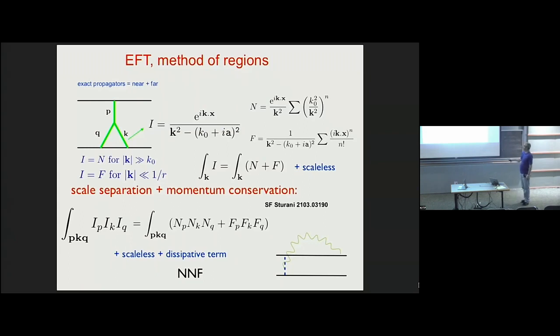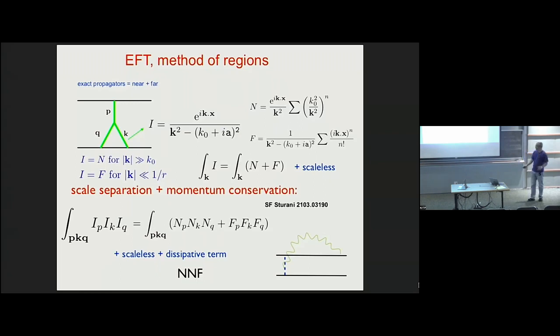Yes, because, for example, if you have an integral in which only one propagator is involved, so not this diagram, you can split this integral of the correct quantity into the integral of the two pieces plus some objects which are scaleless in dim reg, so they are 0. So even if the two expressions are very different, this is different from the sum of these, and indeed this is an infrared divergence, this is an ultraviolet divergence, but if you combine them together and you do the integral, you obtain the correct result.